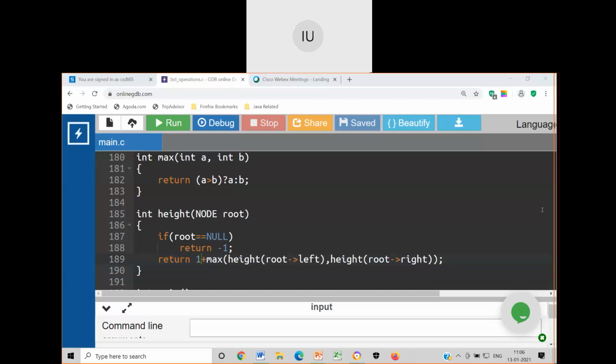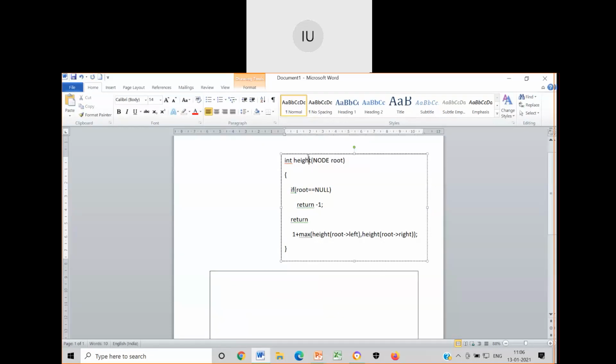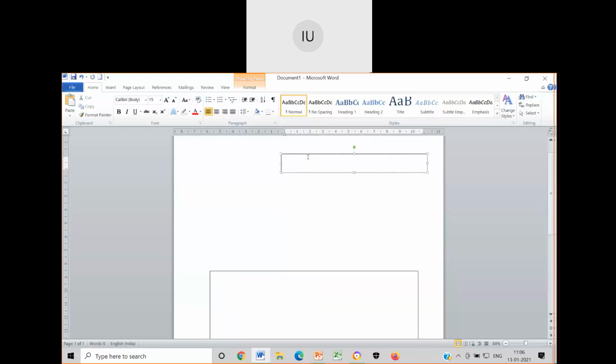Next, I will be giving you simple codes or functions for finding the number of nodes and finding the number of leaf nodes. Okay, only the function I'll be giving, you have to try on your own. That was given as an assignment to you. Please try it.